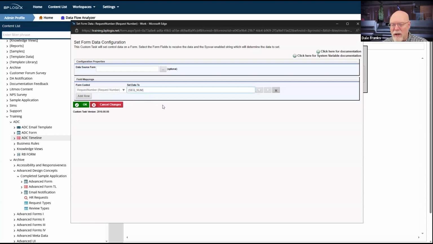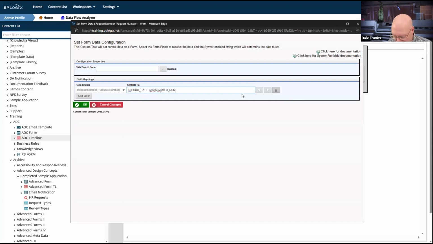And there are various ways of doing this. I'm just going to use R. So this is 2024, and I want my sequence number to be R24-0001 when I submit my first one. So I'm going to type in R, and then I'm going to drop in a cur date, and format is going to equal YY. So R cur date format equals YY.